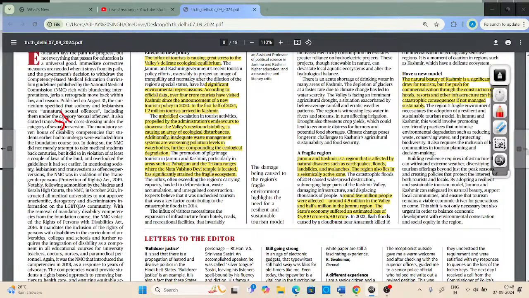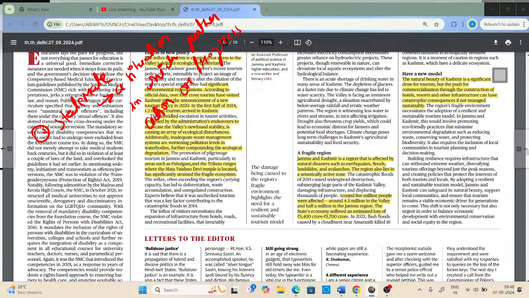So the next word is stalemate. Now, what do we understand by stalemate? This is a situation in which further action or progress by opposing members is